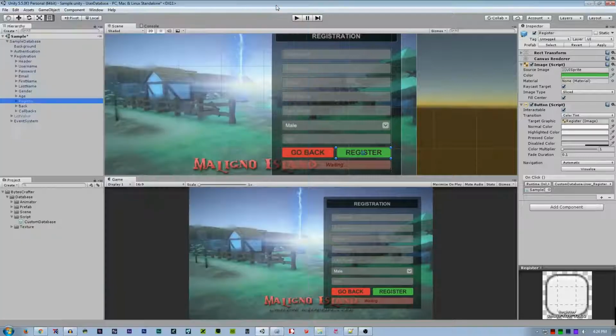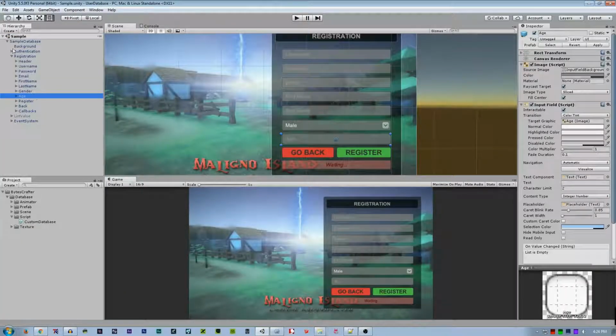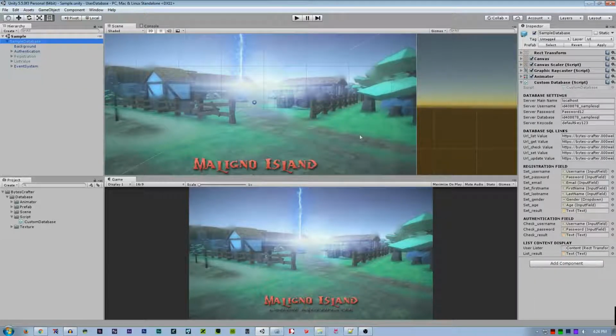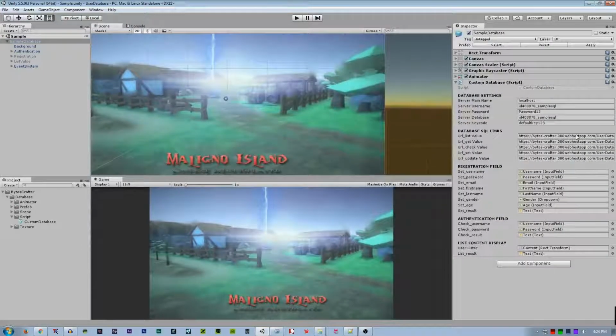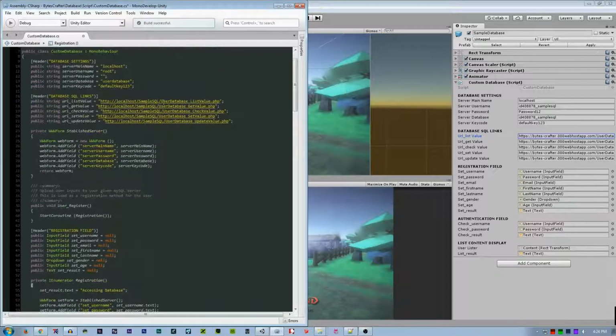So let's try. Let's try here. For example, here is the online server that I have, yet the address should be localhost MySQL.